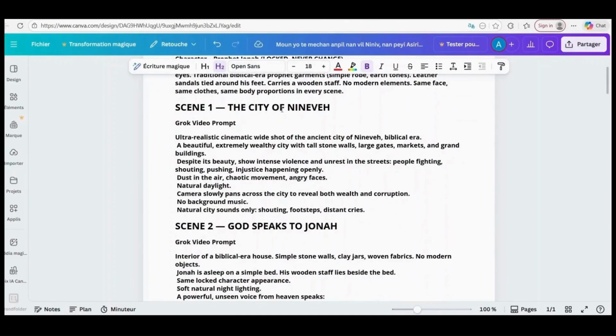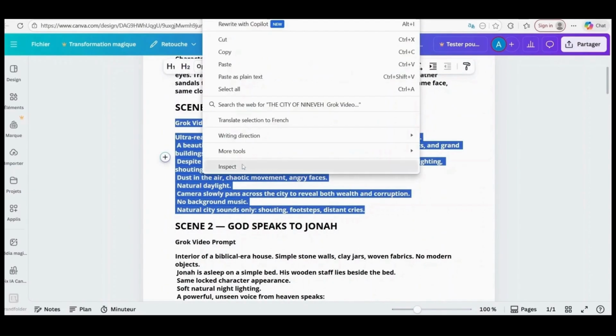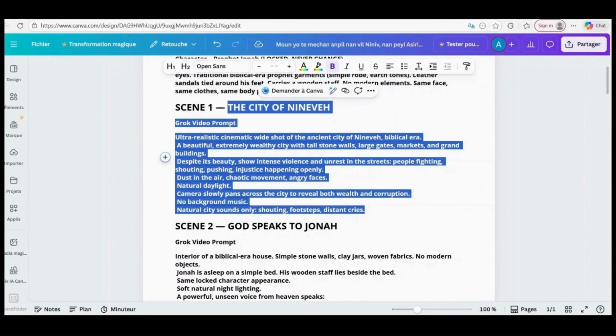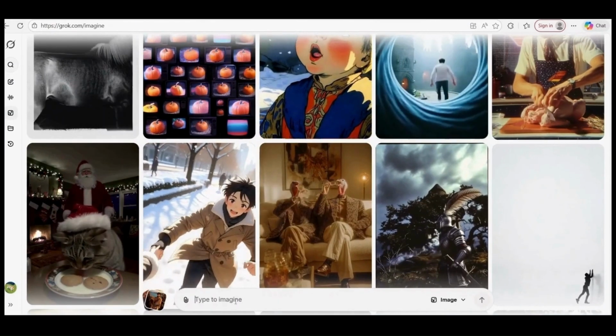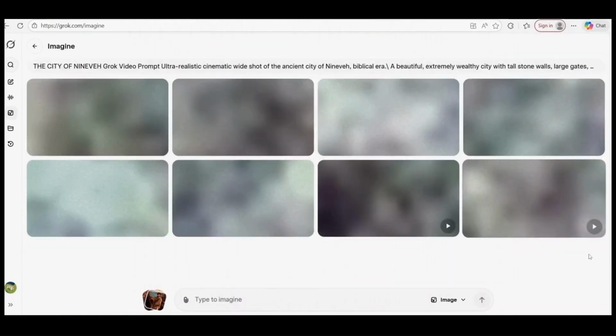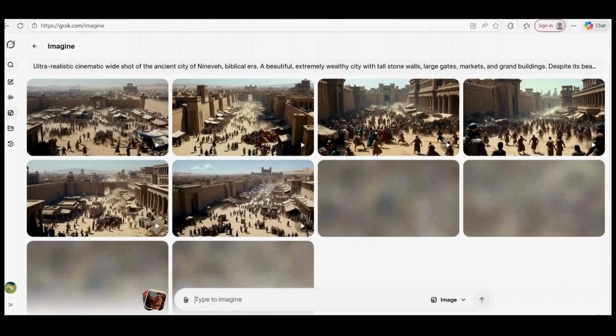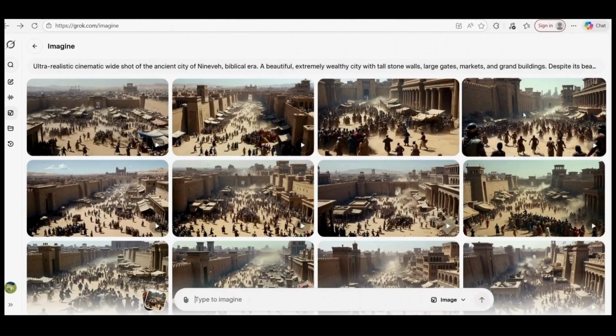I start with Scene 1. I copy the text of Scene 1 and paste it into Grok. Grok generates several images. I select the one that best matches what I need.